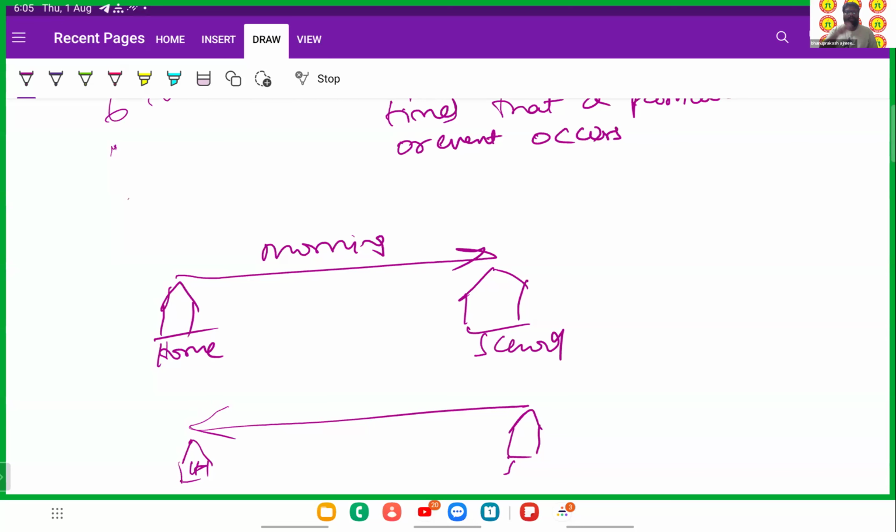Once you move between school and home in the morning session, and again in the evening session. First you go to school and then you come back. So the event here is how many times a student travels between his home and school. Suppose he goes home for lunch break, so what is the frequency again? It increases to 3, right? Sir, 4, sir, because he will go home and again come back. Correct, so 4. That's how you calculate the frequency.